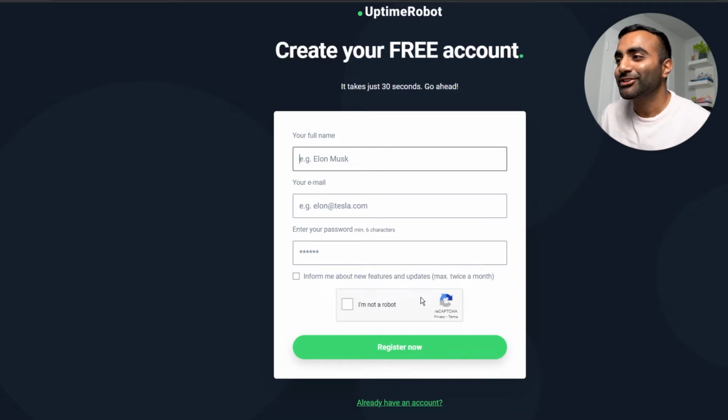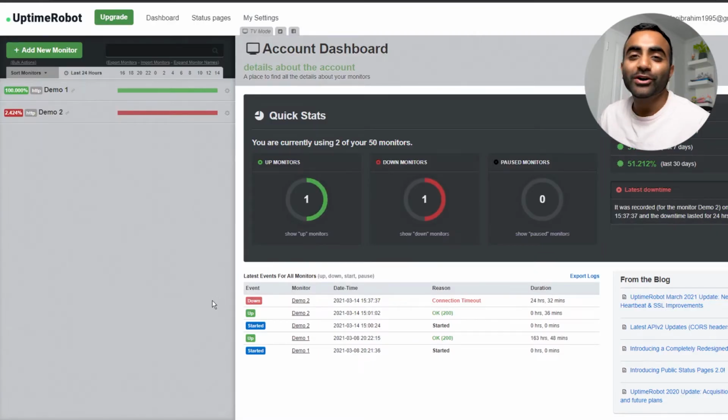Anyway, guys, once you've finished filling in the information, you can click that green button and register now. And I already have an account registered, so instead I'm going to go ahead and log in. Once you're logged in, welcome to Uptime Robot's dashboard. And as you can see, this is where it shows you all the metrics, data, and information regarding the monitors you've set up for your